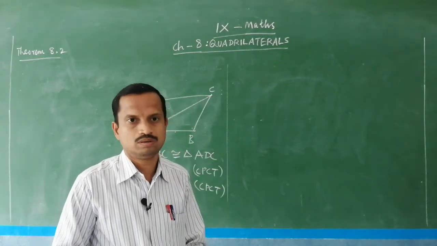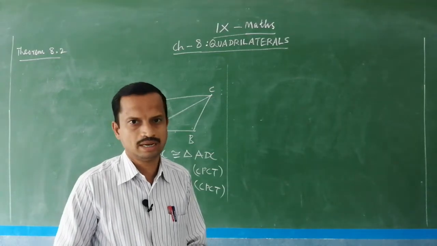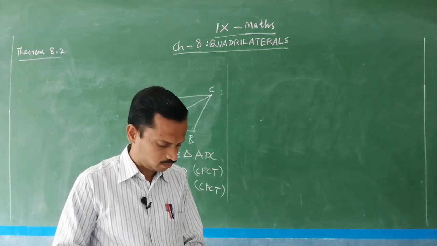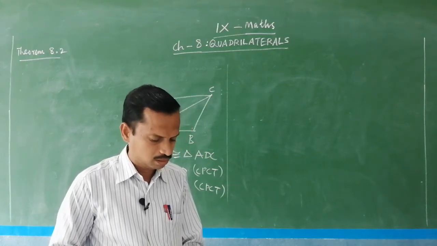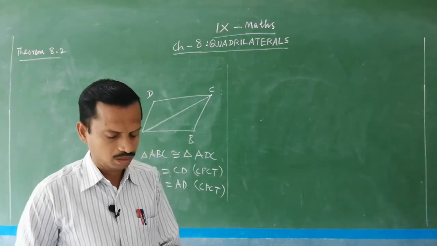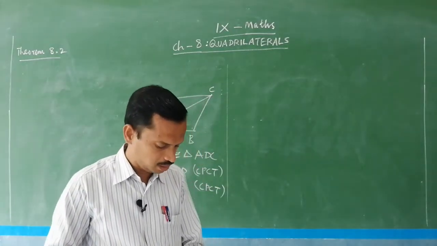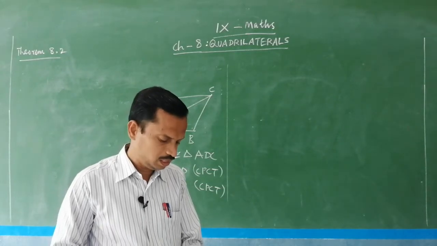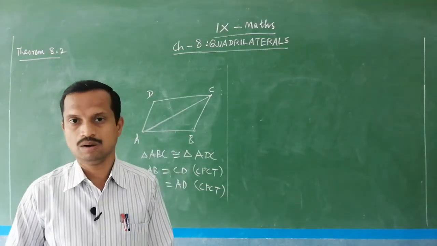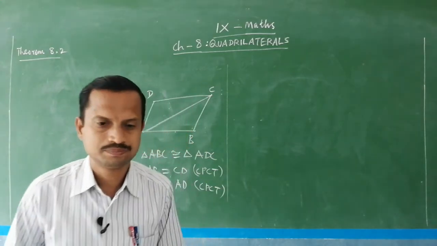So, we can prove that also by applying the congruent property of triangles, and also the lines and angles concept. Okay. So, 8.3 also we can easily say: in a quadrilateral, if each pair of opposite sides is equal, then it is a parallelogram. And then coming to 8.4, in a parallelogram opposite angles are equal. So, how to say that? We will see that.